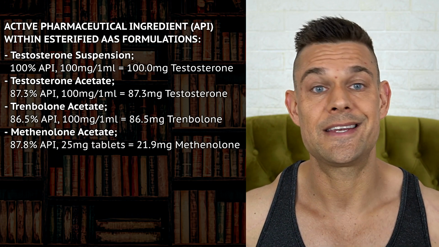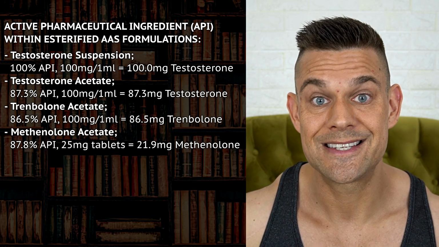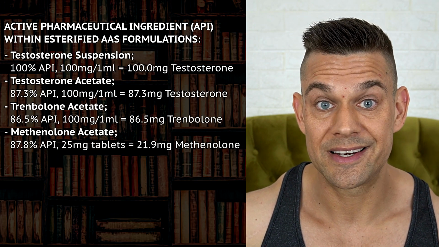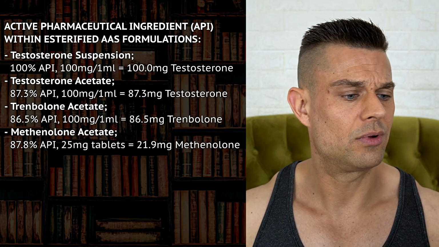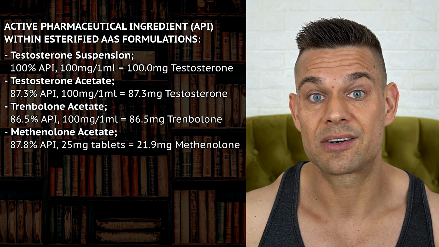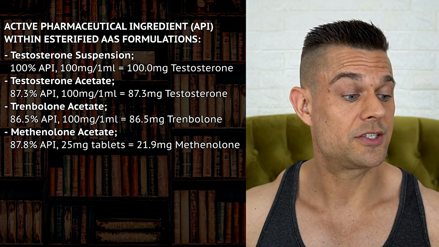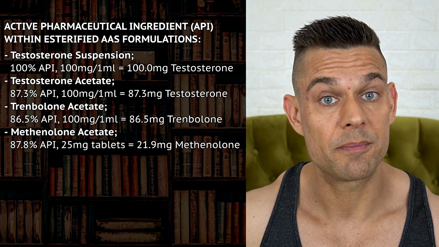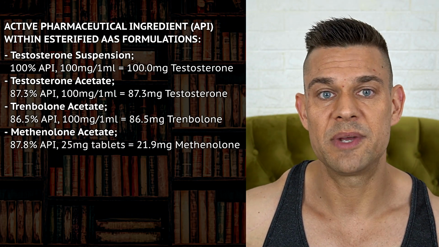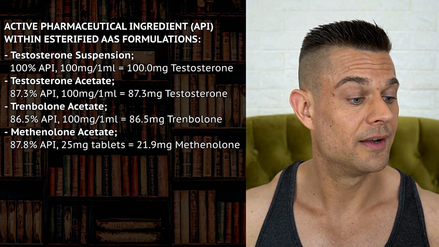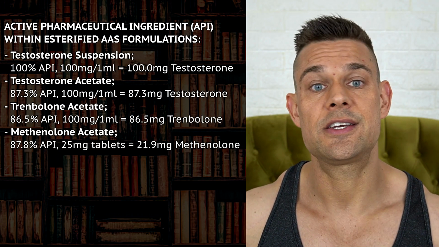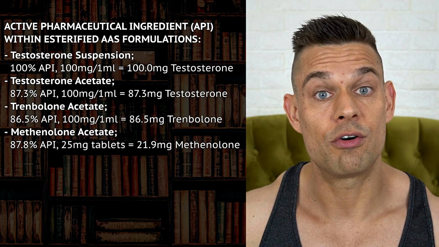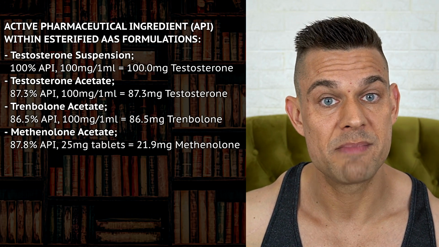Testosterone acetate is 87.3% testosterone, meaning that 100 milligrams per 1 milliliter of testosterone acetate will only give you 83.3 milligrams of testosterone. So let's go with trenbolone acetate, with a slightly lower molar mass compared to testosterone. 100 milligrams per 1 milliliter will yield 86.5% trenbolone, or 86.5 milligrams of actual trenbolone in that 1 milliliter of